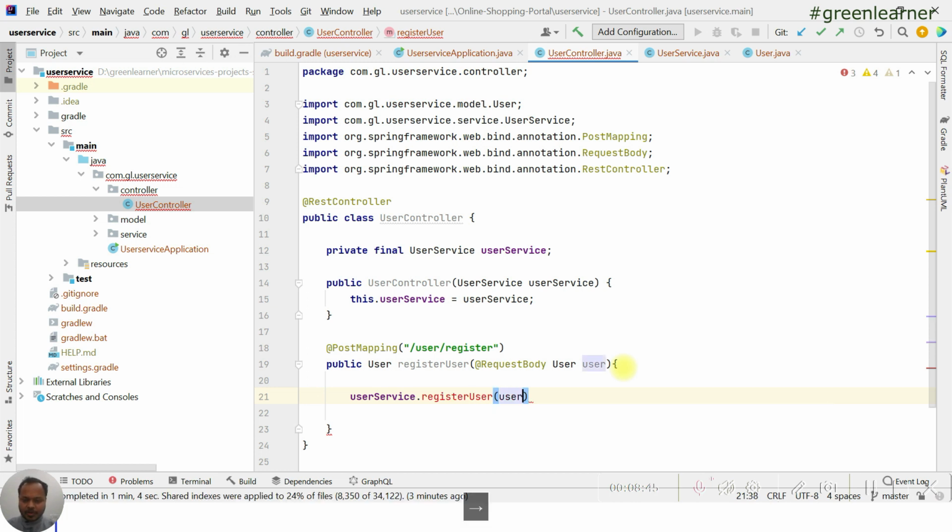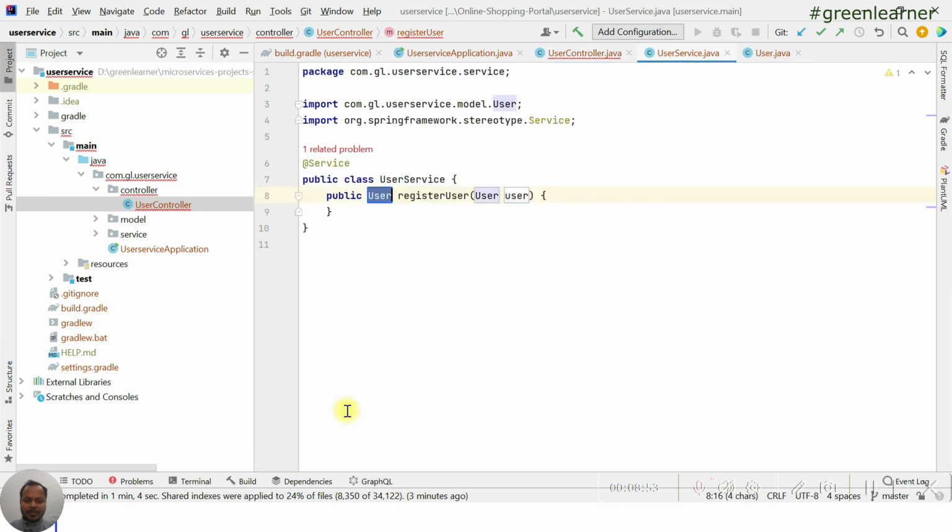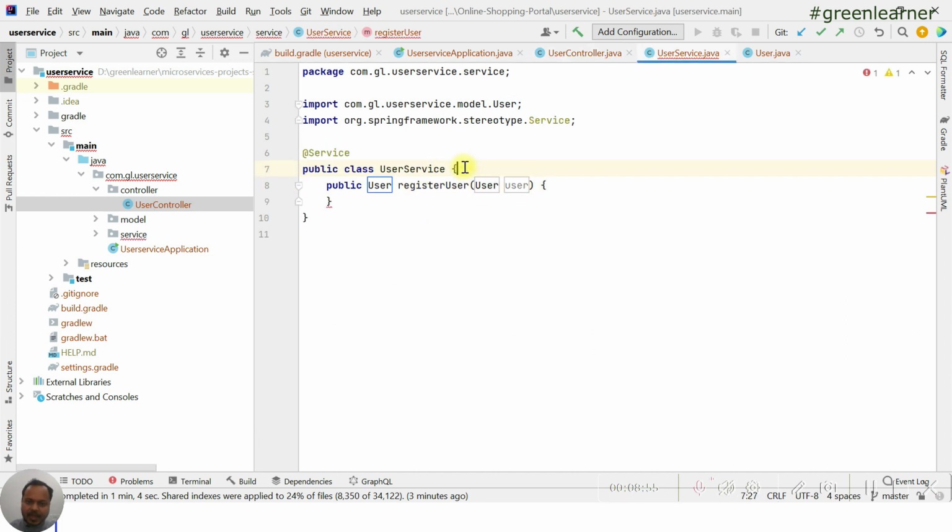So what we are going to pass here, so user, this one, and just return whatever it is returning. So the create method, it is going to create this one. Now we have things in the user service, and user service is going to need the user repository, which is further going to connect with the MySQL database and store the things in the database.